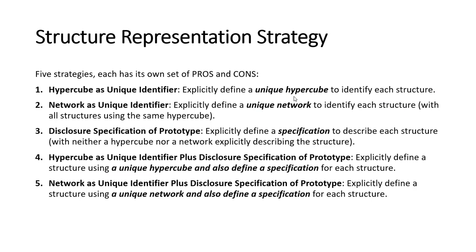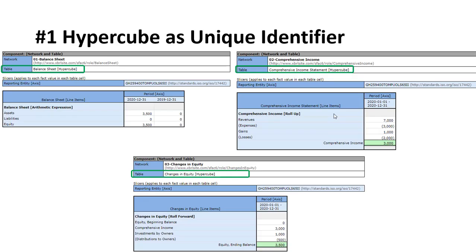So now let me get into this. These are the summary of the things I want to go over: using hypercubes as identifier, networks, and a specification, and then combining the two. So anyway, let's get right into it. So here, I'm using hypercubes as a unique identifier. What I'm noticing is that, so here, balance sheet hypercube, comprehensive income, changes in equity. Because it's unique, I can reliably identify this structure,